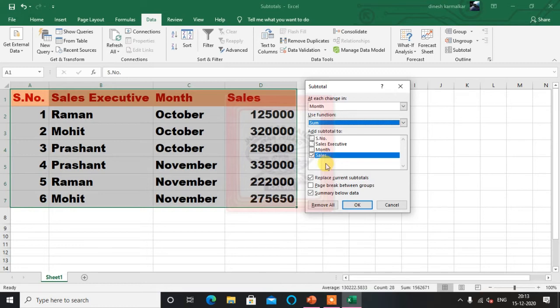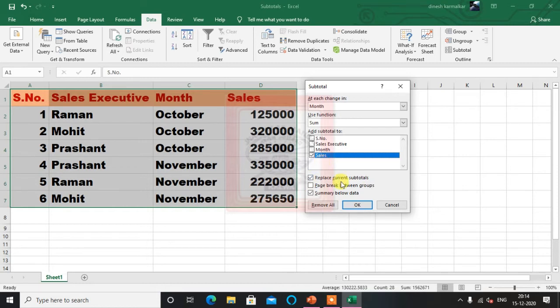So it intelligently guesses this is the field from which I want a total. It is already selected automatically, but manually also we can deselect and select whatever field we want. Since there is no other field where I can find a subtotal, sales is the only option.